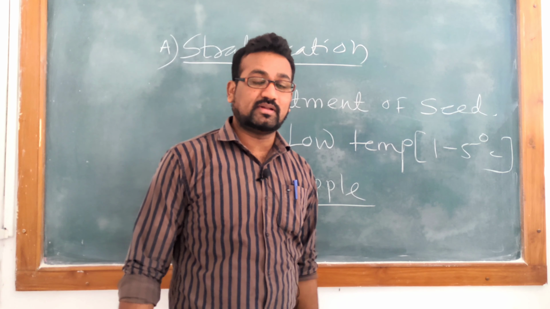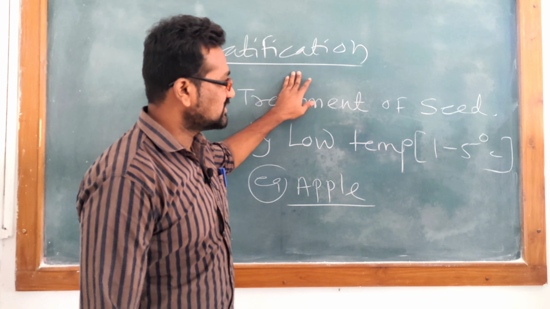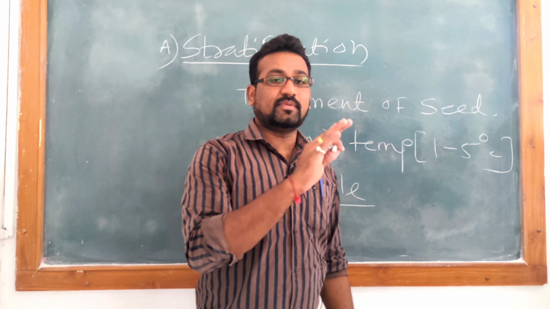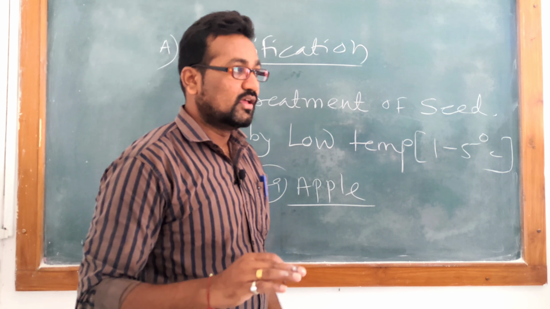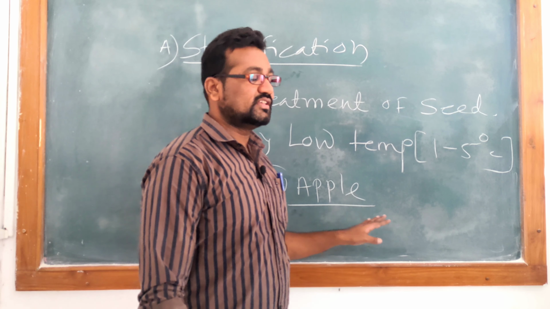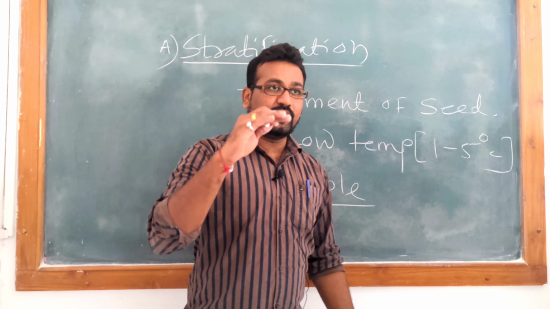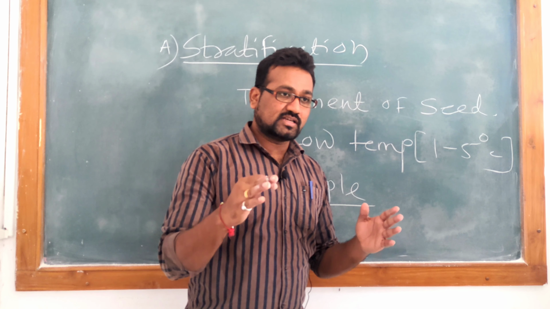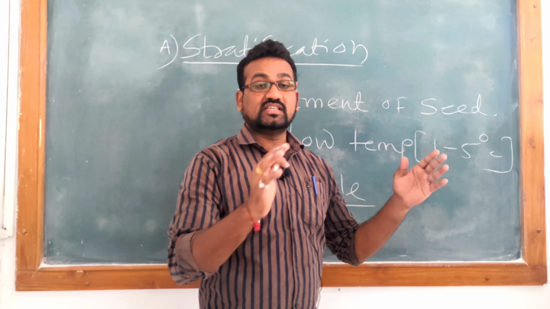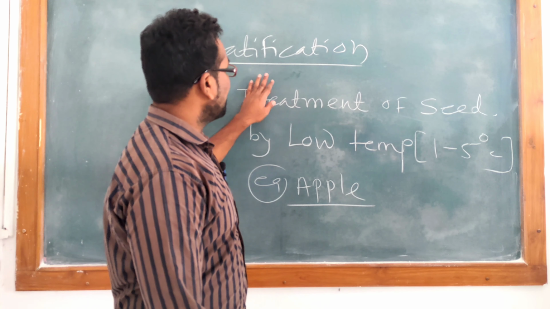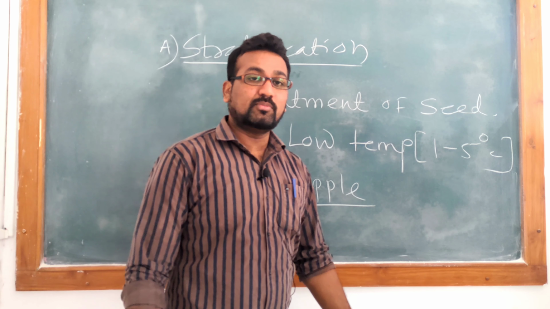There are many other examples. Stratification involves chilling treatment, or you can say cool or low temperature treatment. You can do this practice by using a refrigerator or by outdoor practice, whenever you find the temperature of the environment is below 6 degrees Celsius. In winter it generally happens. So in stratification these points are important to remember.